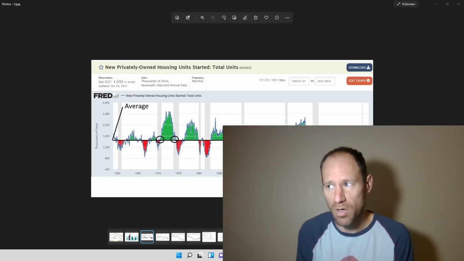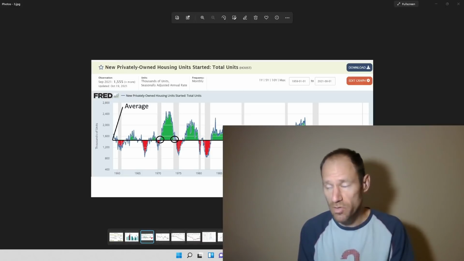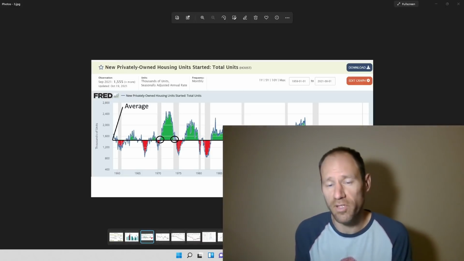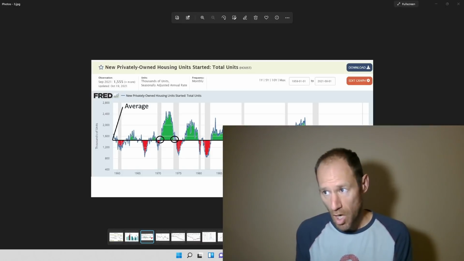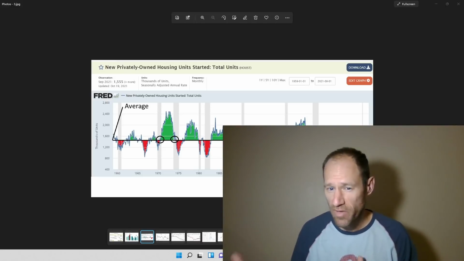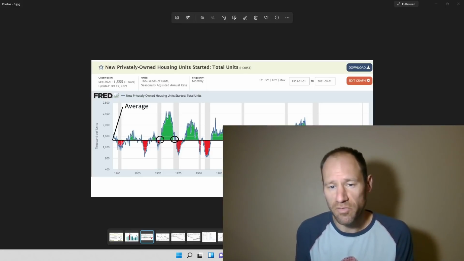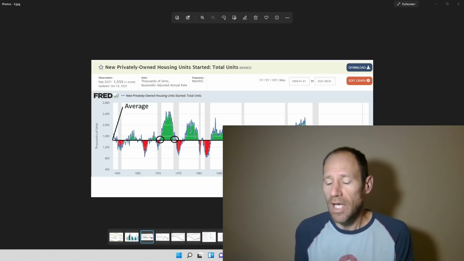We didn't build as many homes. And I think what's going to happen is we're going to get higher interest rates. And from the demographic of the millennials, we're going to get more homes being built. And it's going to be inflationary. So I think over the next 5 to 10 years, that's how long it's going to take to build all these homes, is going to be an inflationary period, and we should be staying in our commodity investments, precious metals and commodities. At the end of it, we should switch to bonds.